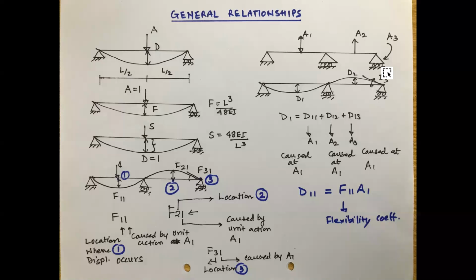Please always remember the moment is causing rotation. That doesn't mean the moment does not cause deflection somewhere else. But when I calculate the quantity at that point, please relate the moment only with the rotations. Don't relate the moment with the forces or deflection. For example, here you can't calculate rotation because of force and the vertical deflection. Here you can't calculate rotation, though rotation will be there. You can't calculate it even if rotation is there, because mathematically it should relate the forces with deflection and moments